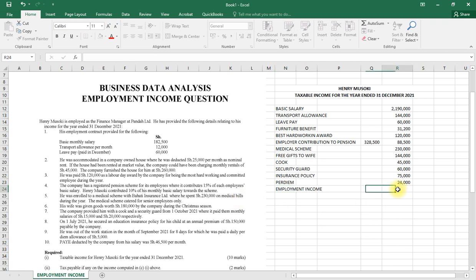So we shall add this with Alt equals, so that we can sum that, and I will make this bold, Ctrl+B. That is our employment income. So he was accommodated in a company house. So here we shall calculate house benefit,